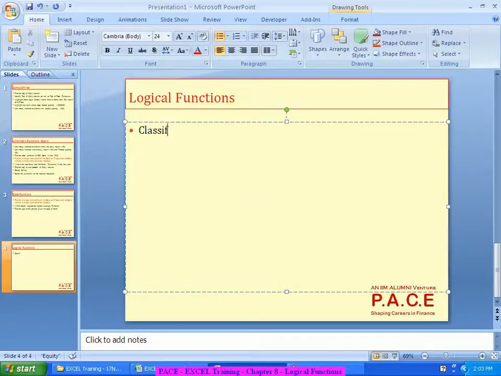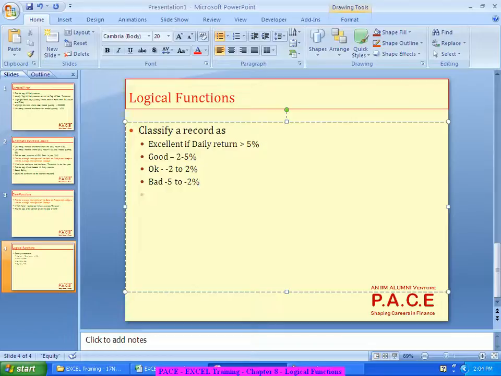like classify a record as excellent if daily return is greater than 5%, good 2 to 5%, okay -2 to 2%, bad -5 to -2%, and worse, probably less than -5%. So here I am more looking at classifying the data,